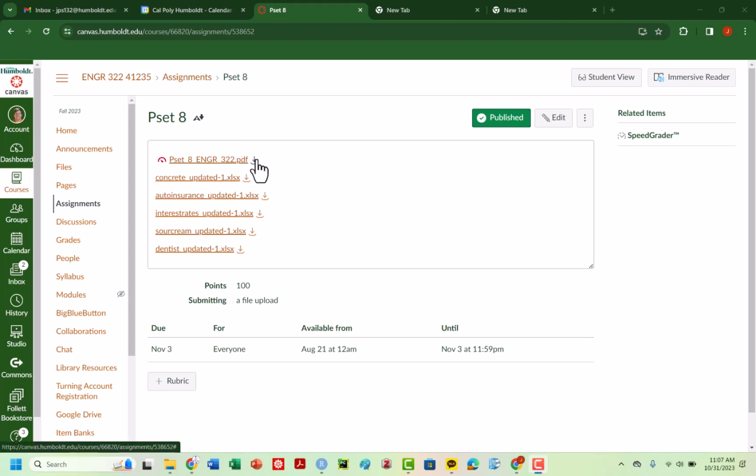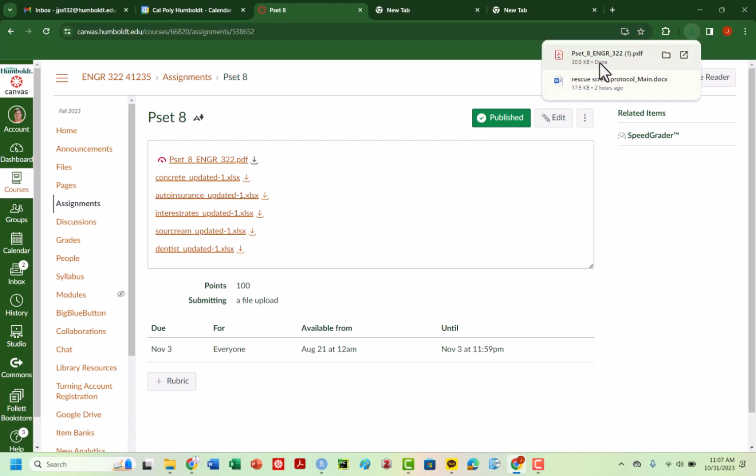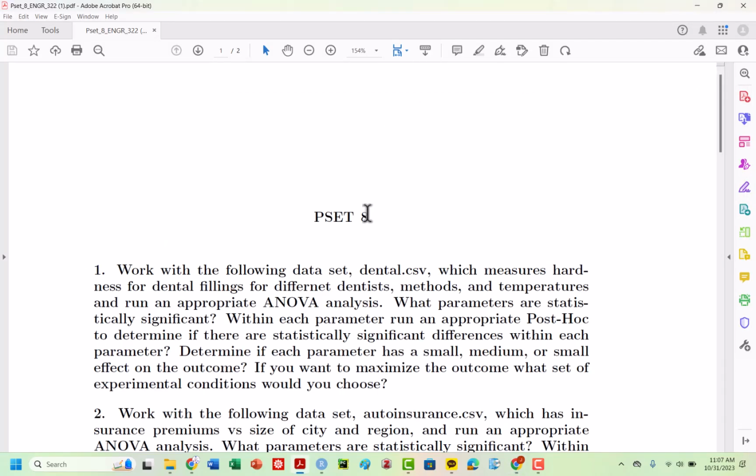All right, everyone, we are on our last problem set. I know everyone is so sad. But we are on our last problem set together, problem set 8, and we're going to be doing our